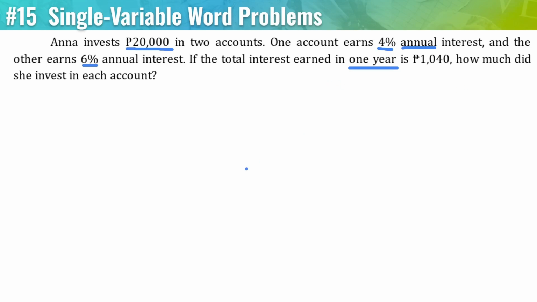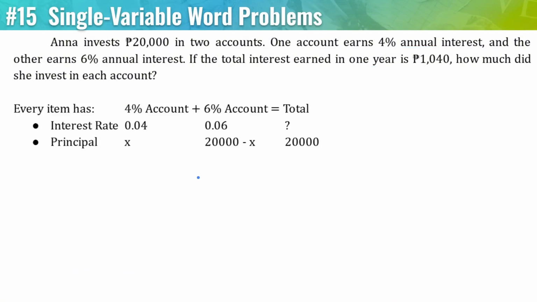We need to learn how much she invested in each account. So this will be our representation. As you can see here, we did a similar thing as the last item. We're adding up to 20,000. So we have x plus 20,000 minus x. Now here is the interesting thing. For the interest rate,